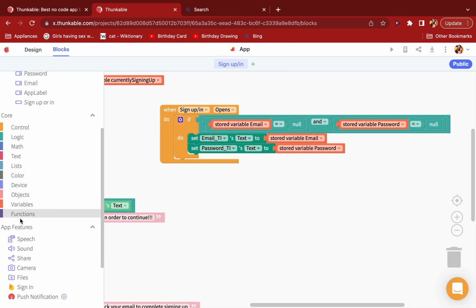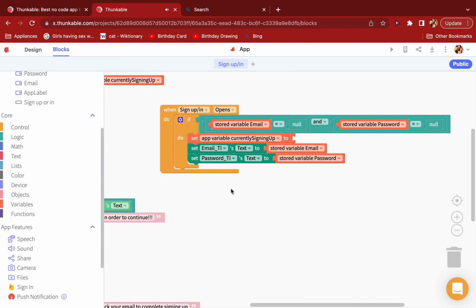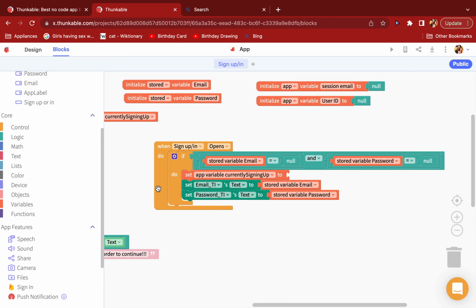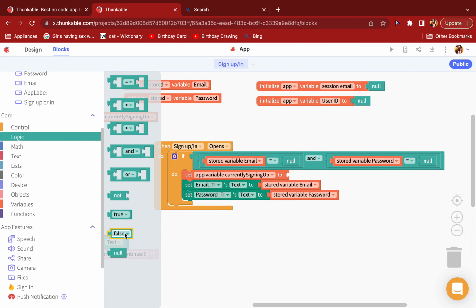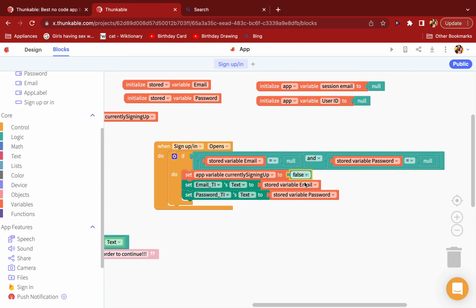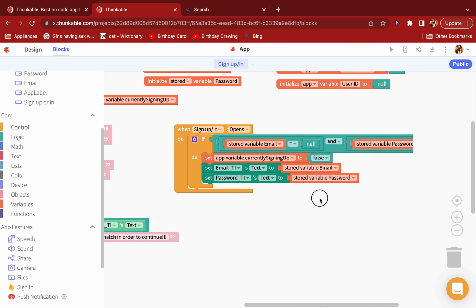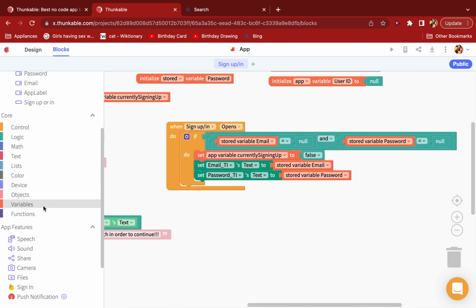And we're going to take a set variable block from the variable section. And we're going to set it to false. All right, let's get the false block. So, there we go. Now, the next thing we're going to do is go back to